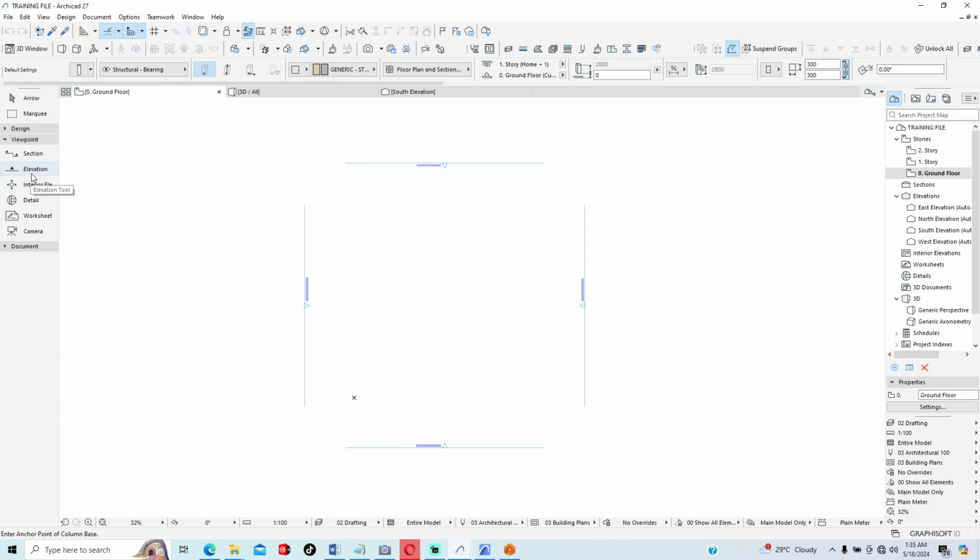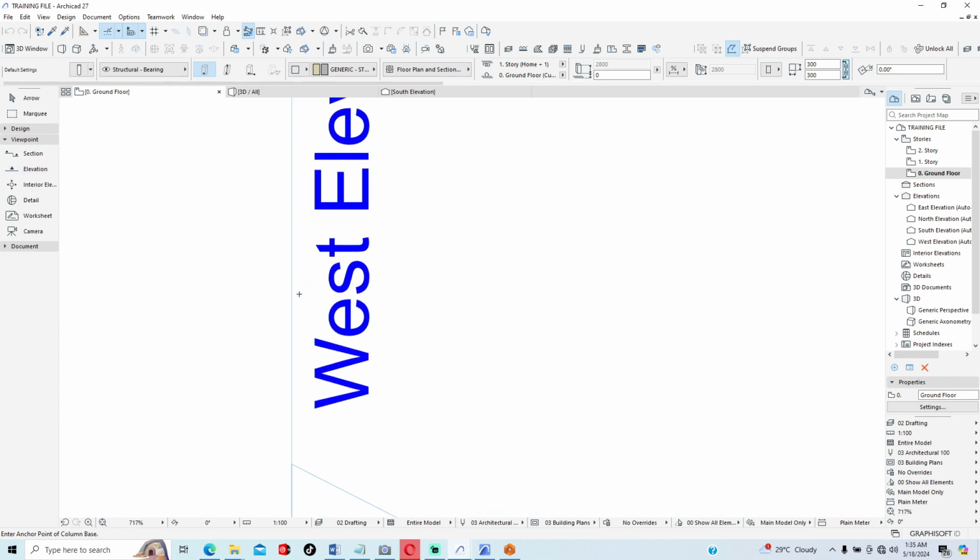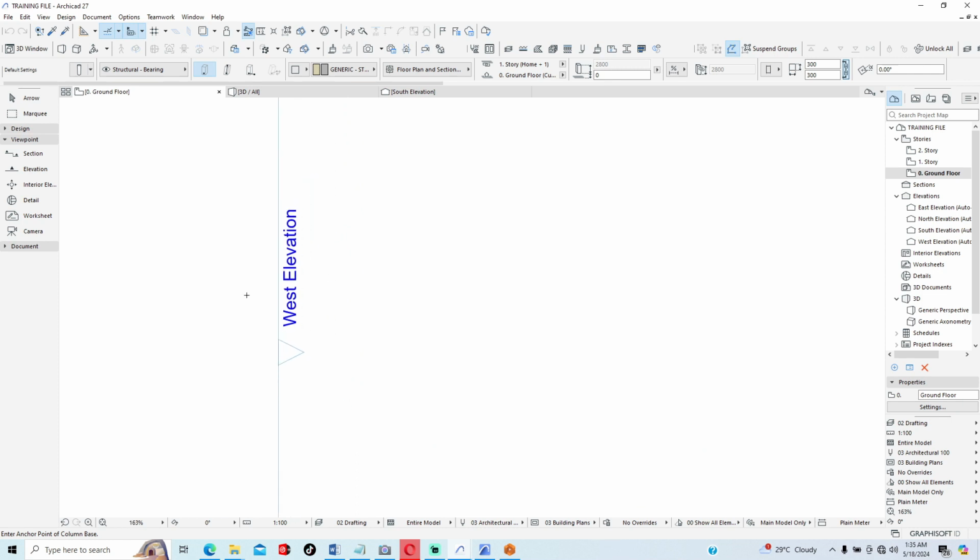Of course, this viewpoint enables us to see the section of the house, the elevations. Of course, this elevation tool or marker here, you can see in our project, if we zoom in with the scroller at the middle of the mouse, we can see west elevation. This has been set to default. That's why we advise that anytime we are working, we should make sure that we work within this. Even if the project is a bit wide, we can simply select